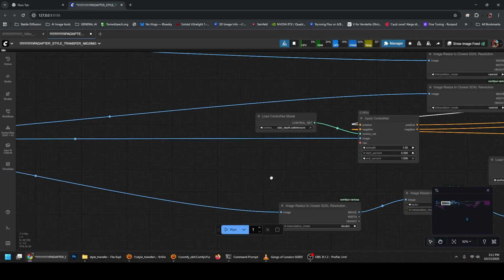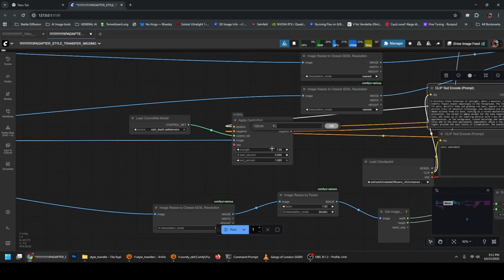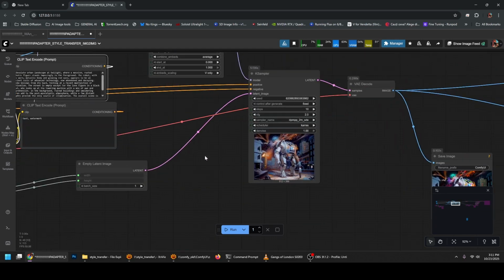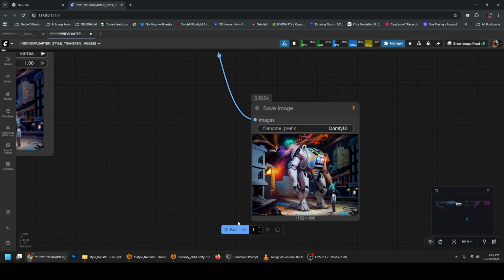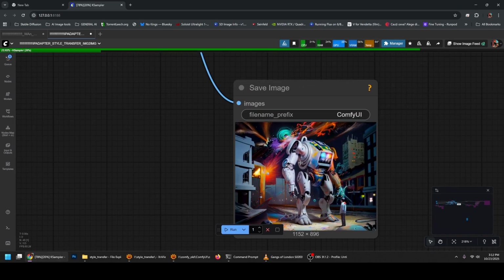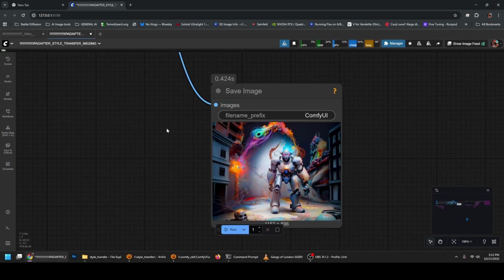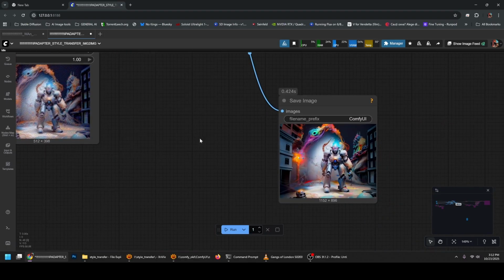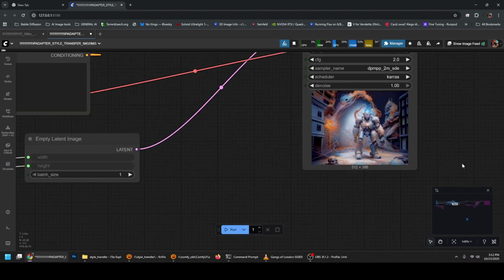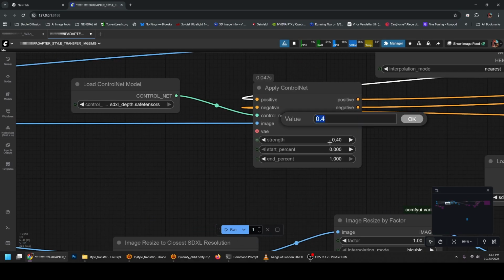Probably if we decrease it to 0.4, it's going to be much more disintegrated, and the paint is going to be more all over the place, forming the shape. It's too much. It's way too much. It's now only based on the description basically. So we'll increase it to 0.7 again